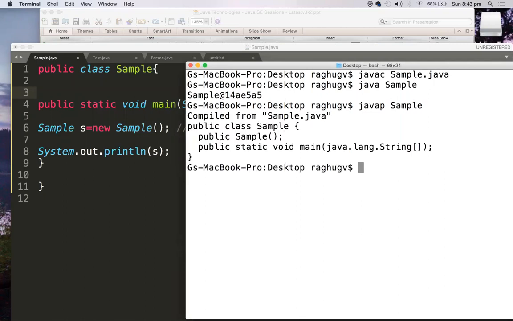Now you will see compiled from Sample.java, public class Sample, and this is important: public Sample. So this is the constructor. See, this is the constructor. The default visibility modifier is public for Sample, and it has no arguments, the default constructor, right?